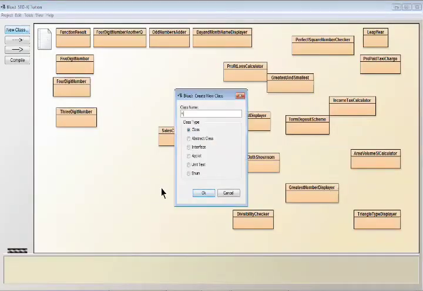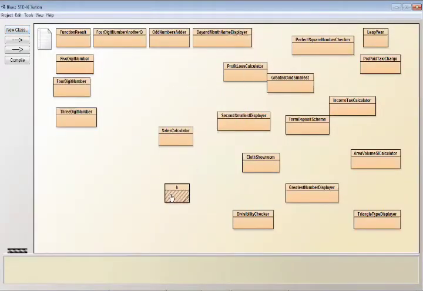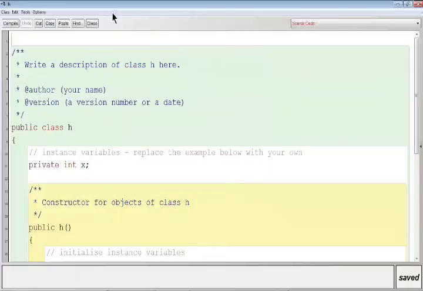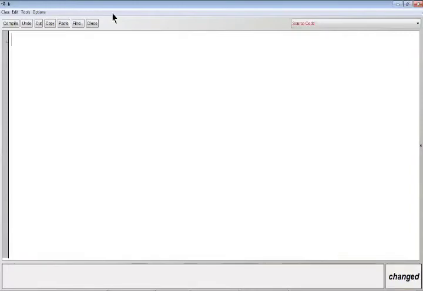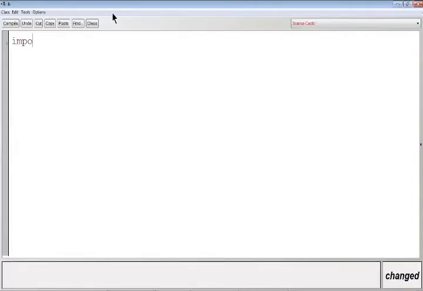Create a class. Okay, give any name. Control A, backspace. Listen. import